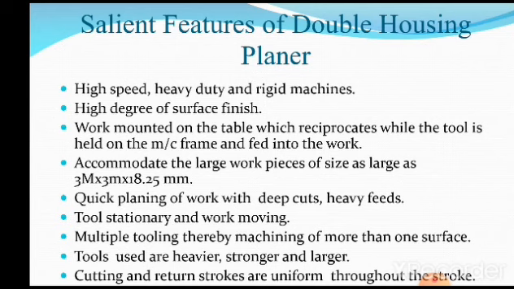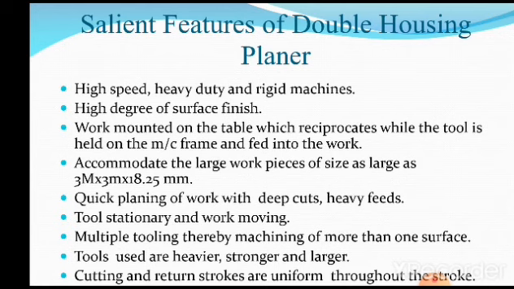So why is this double housing planer used? Basically it can provide a very high speed machine. It is heavy duty, robust in construction, and rigid, very strong. It is possible to achieve a high degree of surface finish, as you are going to see that there are 4 tool heads, which we have discussed at length in the previous session.